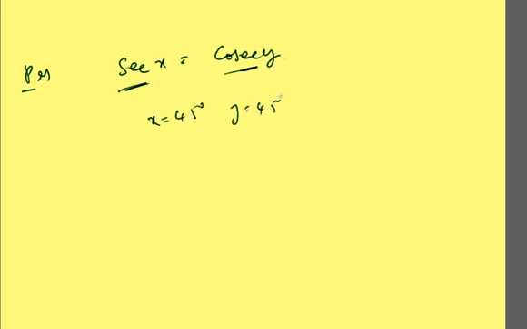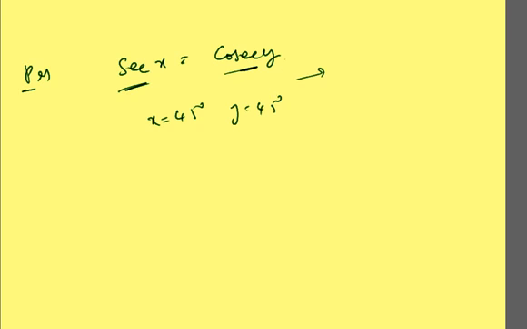We'll go through the next problem, friends. I'll explain one more problem. This question was asked in the exam like this. Just now we have done: if secant x is nothing but cosecant y, that means secant and cosecant are equal. When secant and cosecant are equal, friends, it is at 45 degrees. At 45 degrees, this means x will be equal to 45 degrees and y will be equal to 45 degrees. This is how. And the question asked is like this, friends.